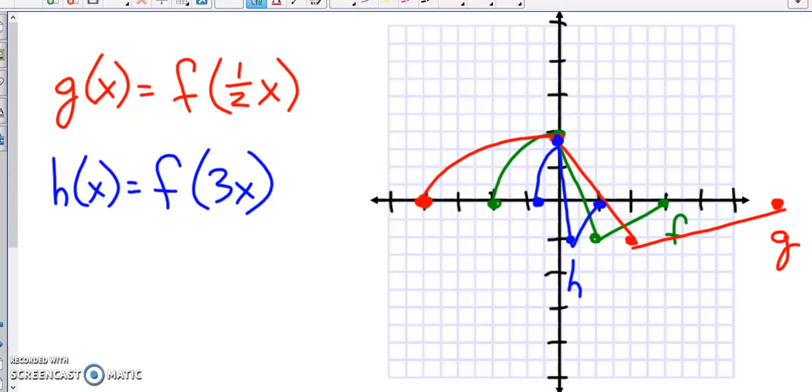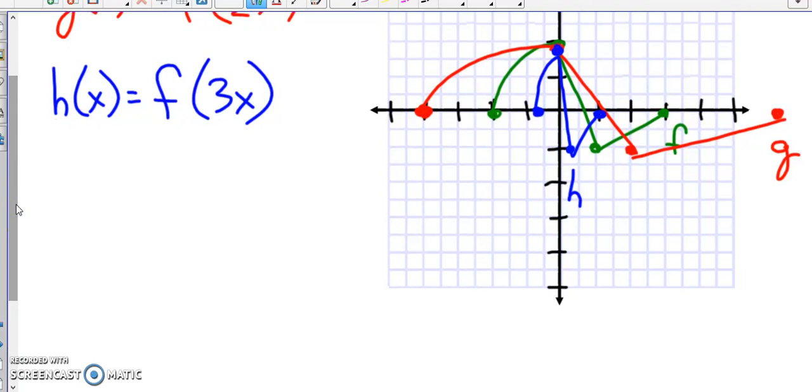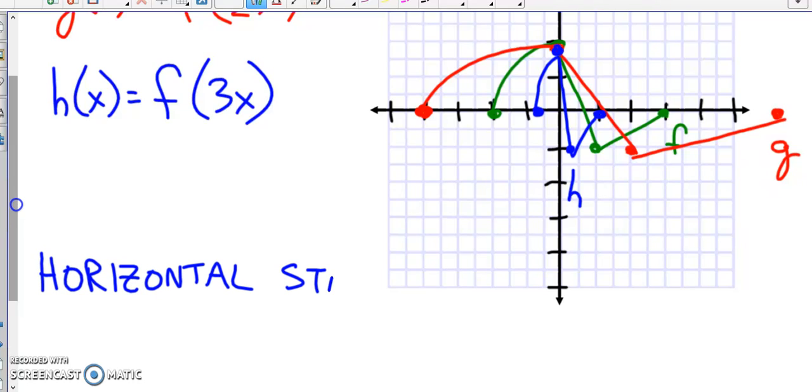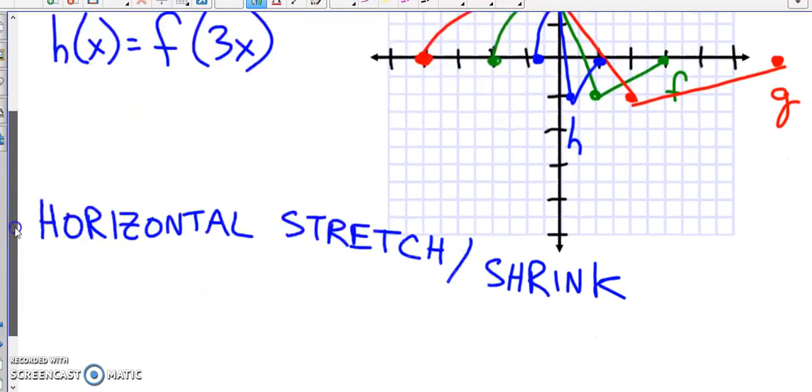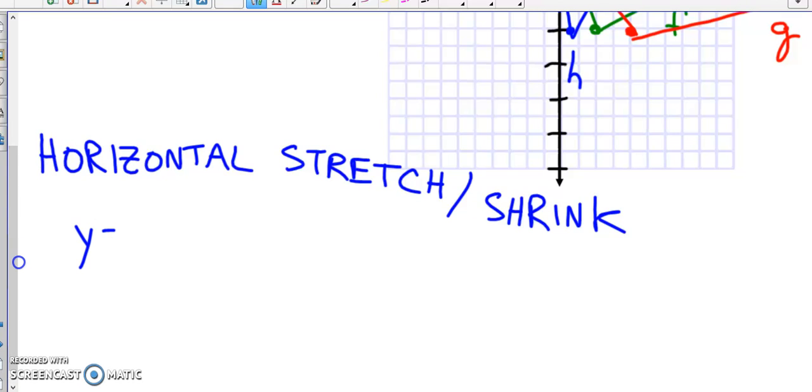So I have just enough time to formally write this out. So for horizontal stretch or shrink. Well, I wrote that in a straight line. y equals f of cx. So note that again, horizontal happens on the inside, vertical happens on the outside. This time,